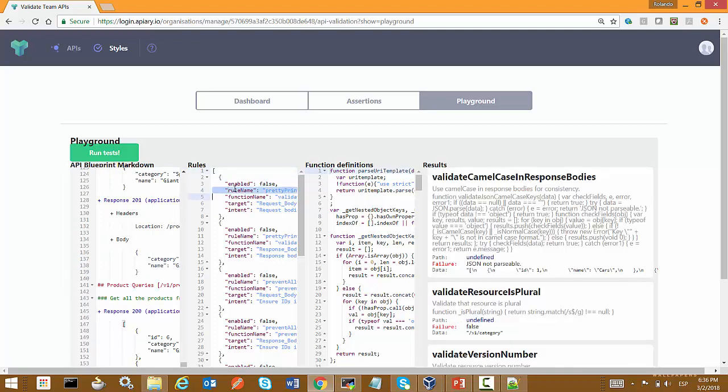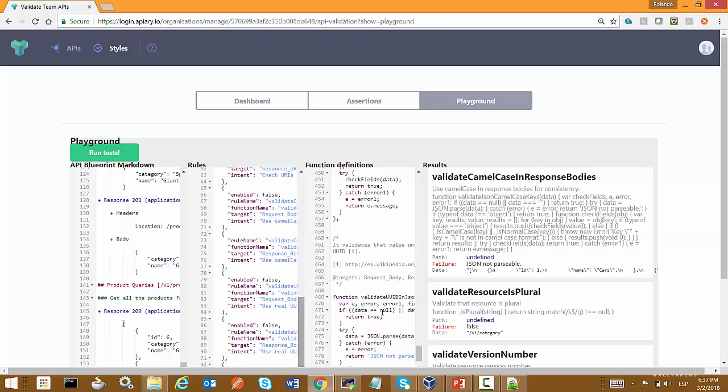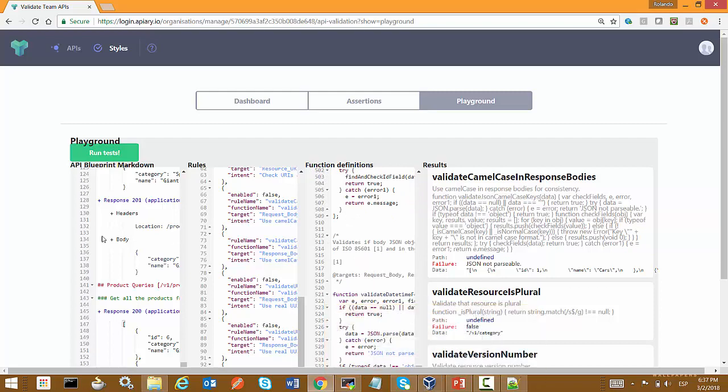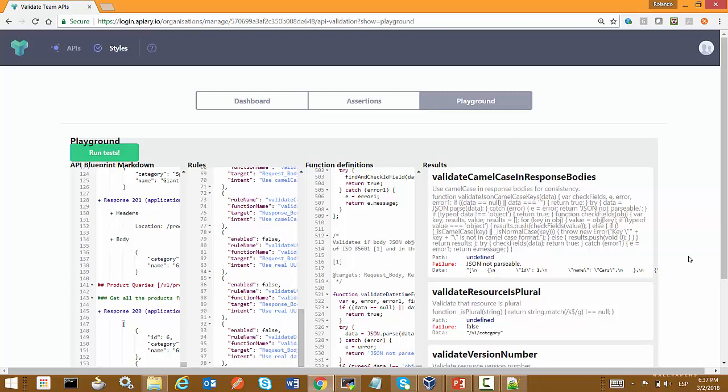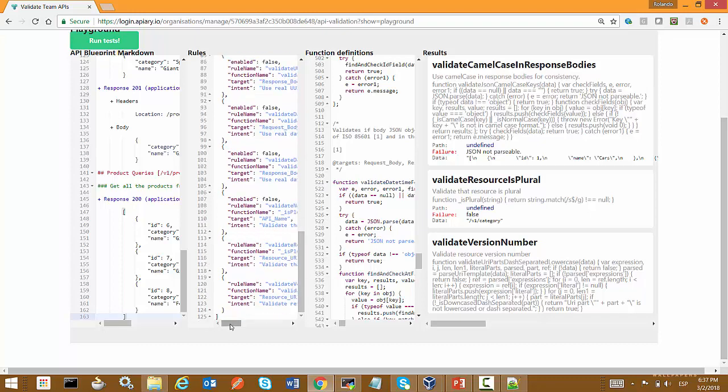Rolando talked about rules and function definitions. A function is written in JavaScript. So the rules define all the functions we need to apply to our API definition for validation purposes. So let's see the bottom of this column.